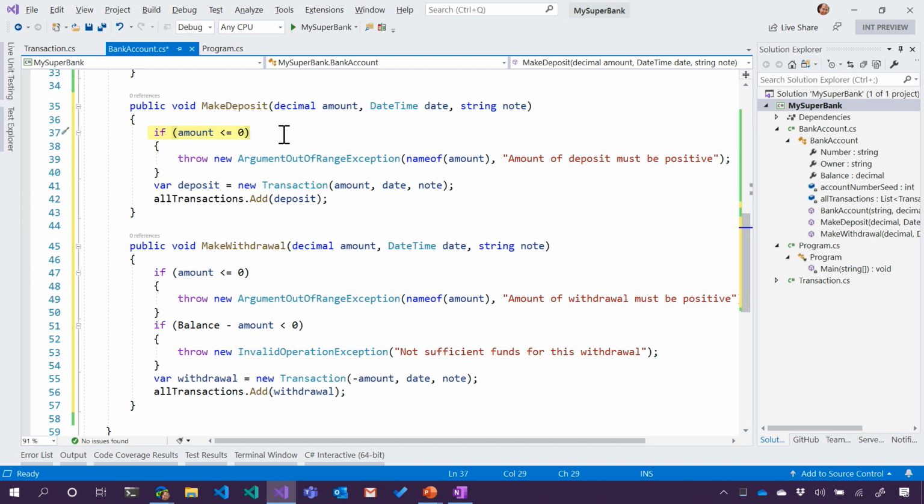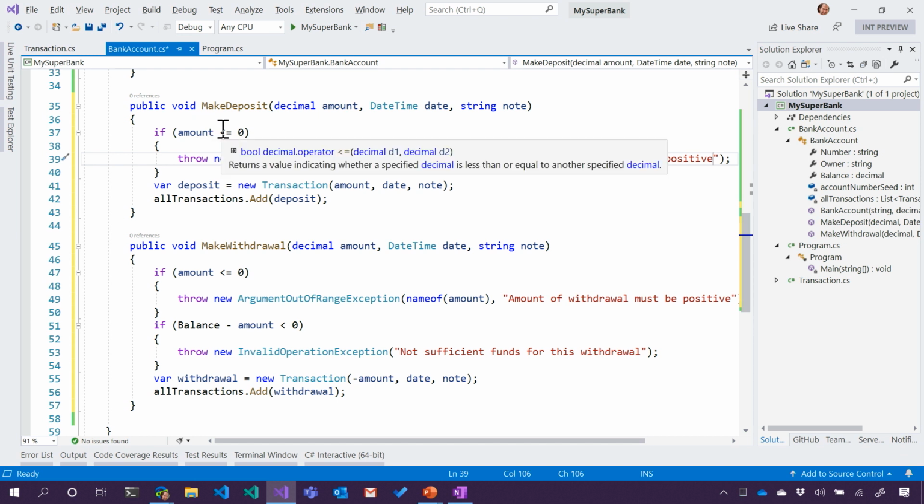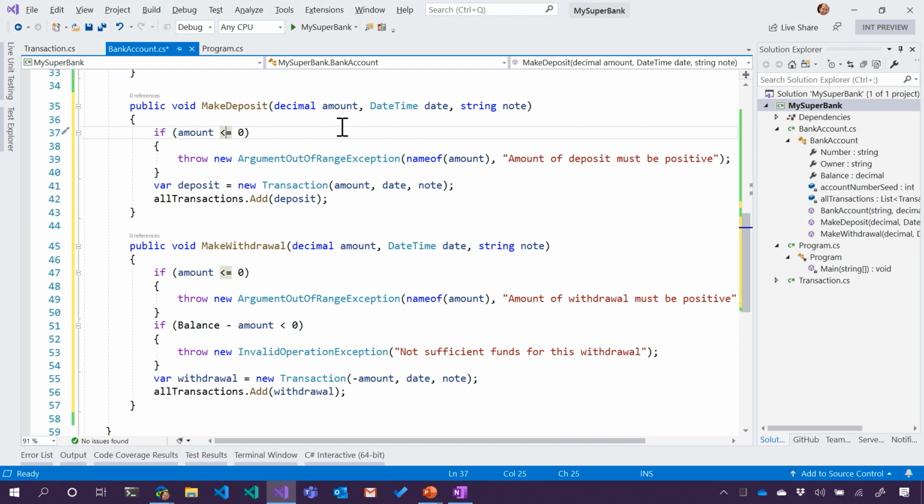Well, if amount is less than 0, right? If I try to deposit negative dollars, what's a throw? That's totally new. So, throw new argument out of range exception. We know what arguments are. That's exceptional. Yeah. So it looks like it's checking to make sure that the amount is above 0, or at least equal. Yeah, above 0. I guess you could deposit 0. That's kind of weird, but I don't think we should bother with it during our code review. So let's do at least some amount of money. If it's less than 0, then it's negative, and we throw an exception.